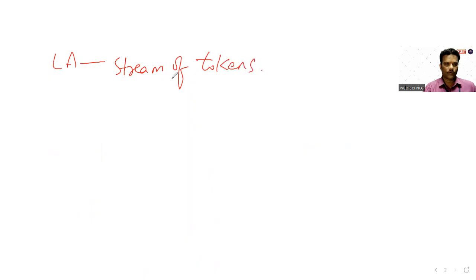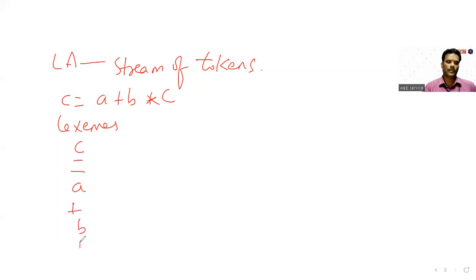So the stream of tokens, for example, there is a high level language statement, C is equals to A plus B star C. So here the lexemes are C, equals to, A, plus, B, star, C. These are all lexemes and tokens are: C is here